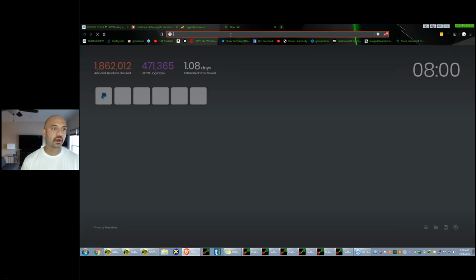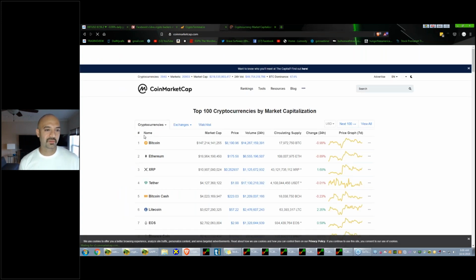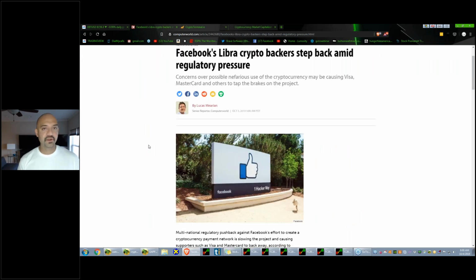So getting somebody like a Facebook involved in this thing really adds some legitimacy to it, right? You can see the cryptocurrency market, total market cap's at 218 billion, and most of it's in Bitcoin. So anything, whether you're a fan of Facebook Libra or not, the fact that somebody big, right, with some stones and some cash that has ability to make moves behind the scenes